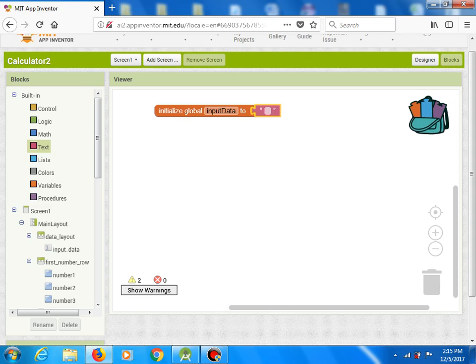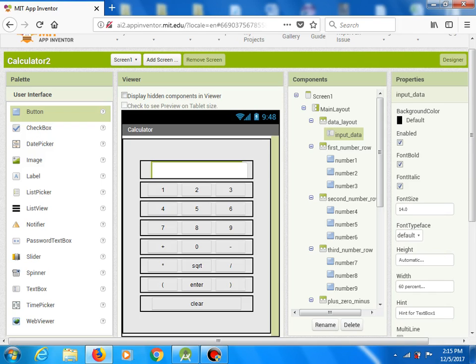For the beginning it has the value of an empty string. We know very well that when we enter data in our input text, that data will be presented like a string. Because we will use mathematical expressions,